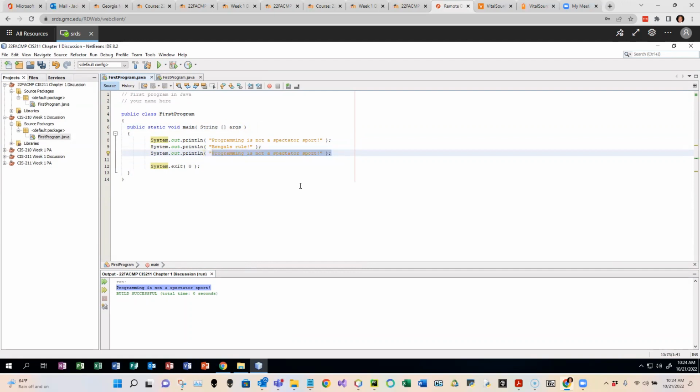And what else can we say? Football is the best. As long as you're using these println statements appropriately with the proper syntax,